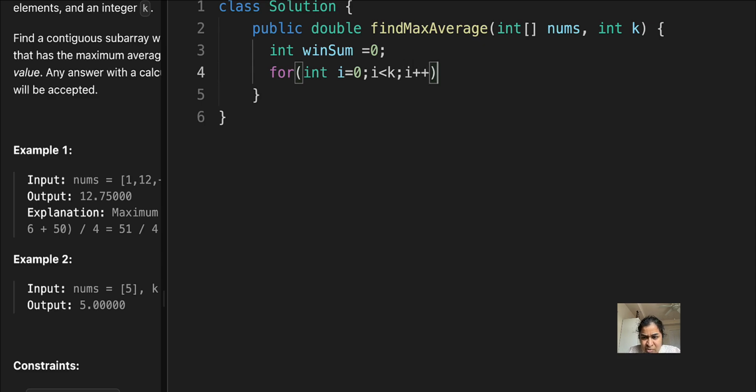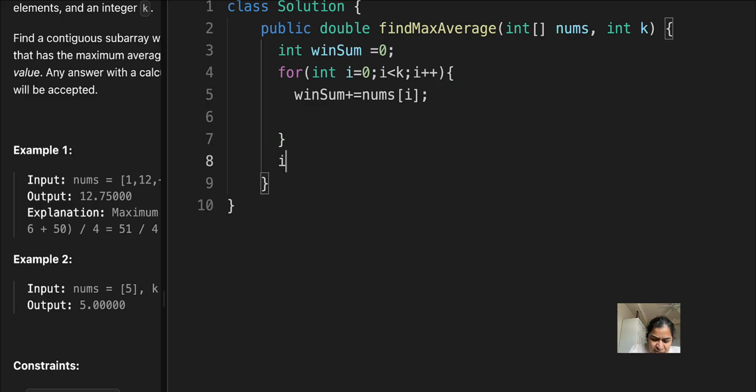So I go over it, and when I go over it, winSum plus equals nums of i, and yeah, that's how I calculate this. Next, I need to have maxSum and initialize it to 0 maybe, and then again for the remainder of the array,